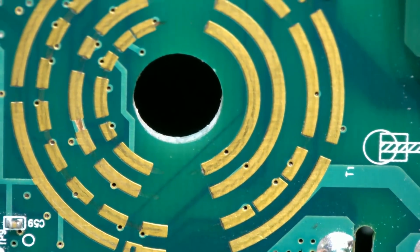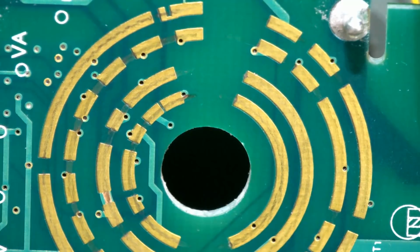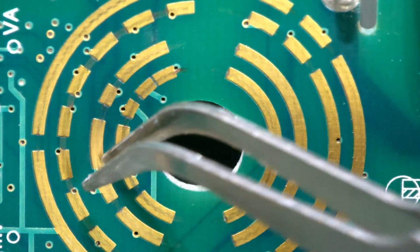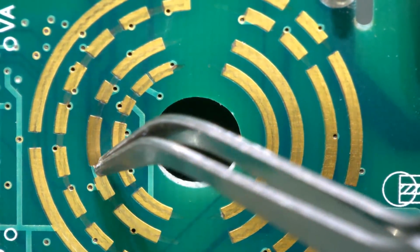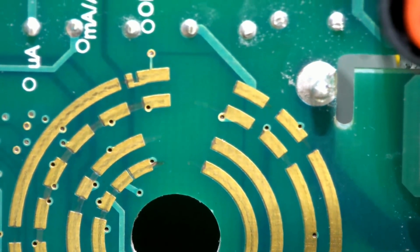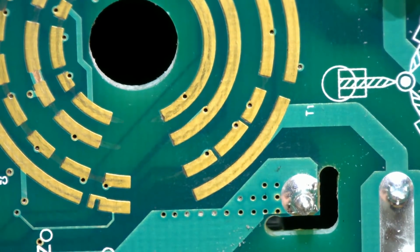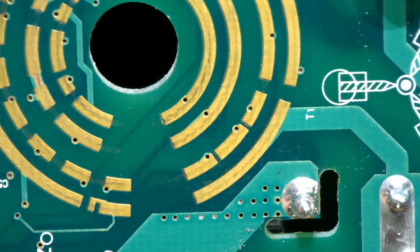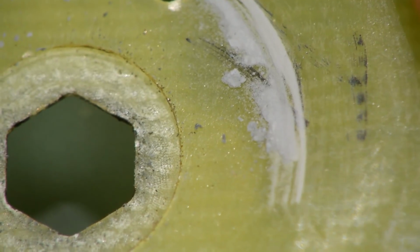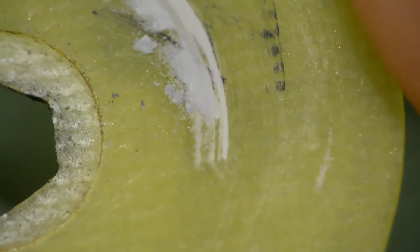There you go. So it's just really the debris that's caused that. There's maybe some wear between there. Of course, the solder mask is worn off in there, but that's pretty good. For 25,000 cycles, I've got no problems with that at all. So even with the extra pressure from the shim, that looks pretty decent. Now, if we have a closer look at the fiberglass shim here, you can see